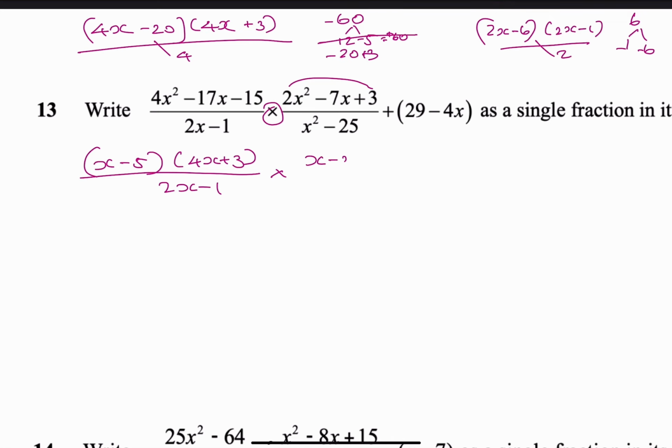and 2x minus 1, all over x squared minus 25, a difference of squares: x plus 5, x minus 5. You can cross cancel or up and down cancel. There's nothing to cancel up and down, so cross cancel there, because there's a times in the middle, right? Yeah, that's why you can cross cancel. x minus 5, x minus 5. So what do you end up with then? You end up with